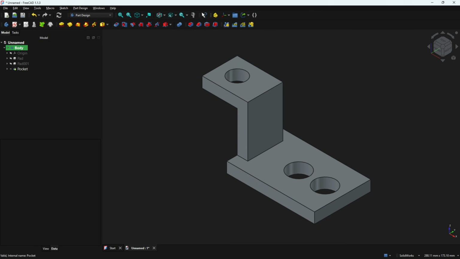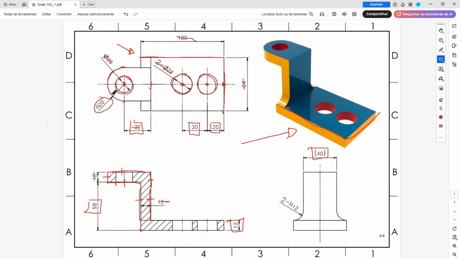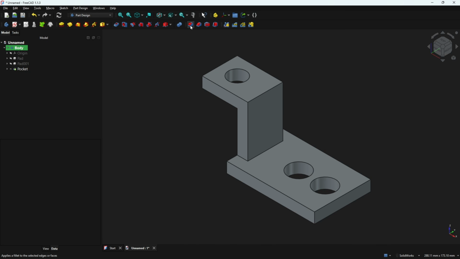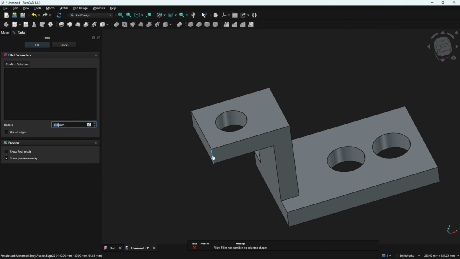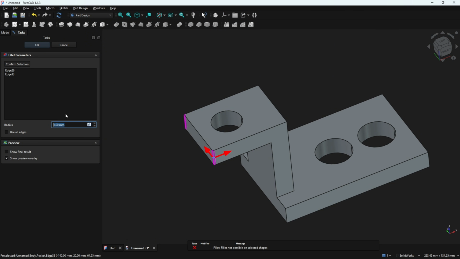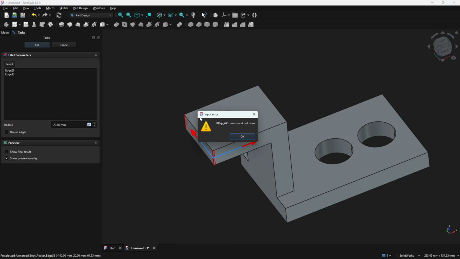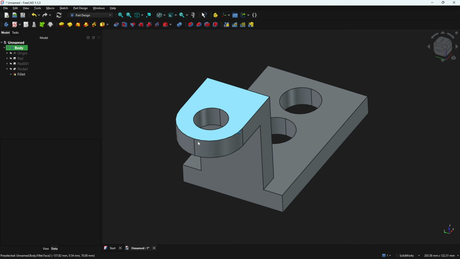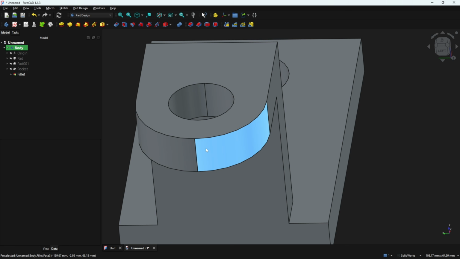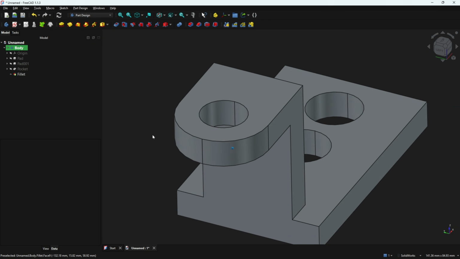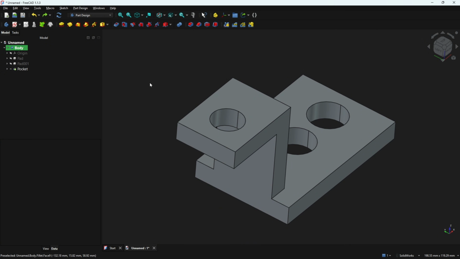And now we need to create a fillet here. It is a full round fillet, but we know that in FreeCAD we don't have this tool to create a full round fillet. And if you try to create a fillet on both sides with 20 millimeters, you will get an error. You can try 19.99, but we know that it's not a full round fillet, okay? So we will make this cut